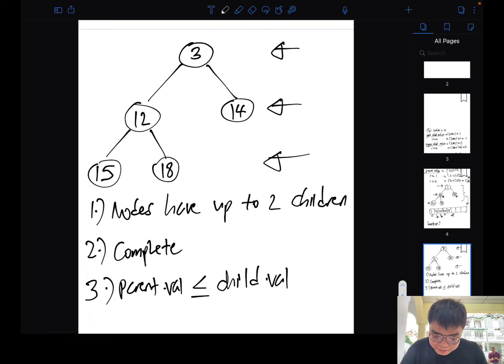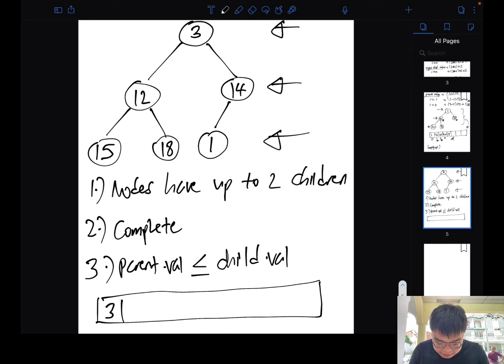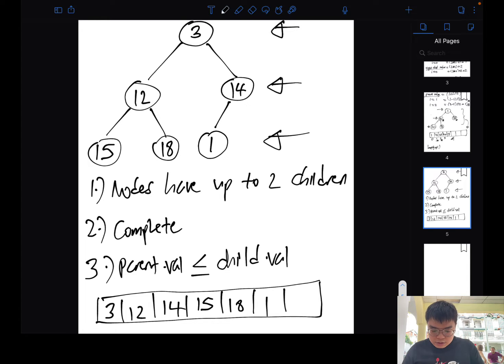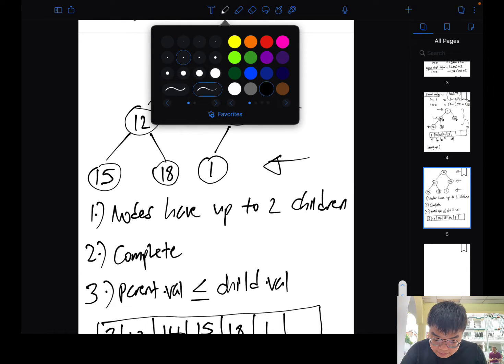Now, previously we also went through how we were able to insert values into a binary heap by putting it at the very end of the binary heap over here. So for example, if you wanted to insert a value 1 in this case, you will insert it like so. And if you wish to express this same binary heap in an array, it will look something like this, by filling in the numbers in a level order fashion from left to right. So where we insert a value at the very back of the heap, the first step is to put it at the very back,